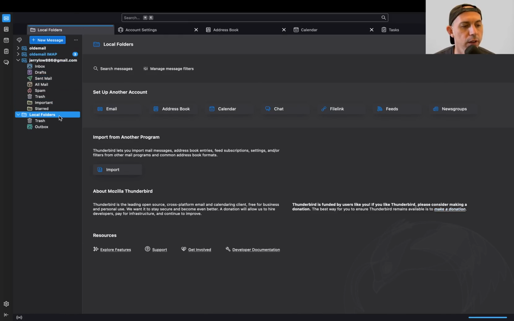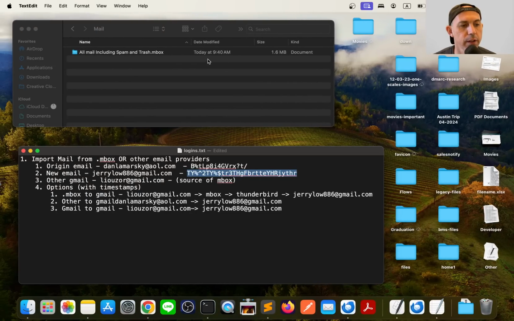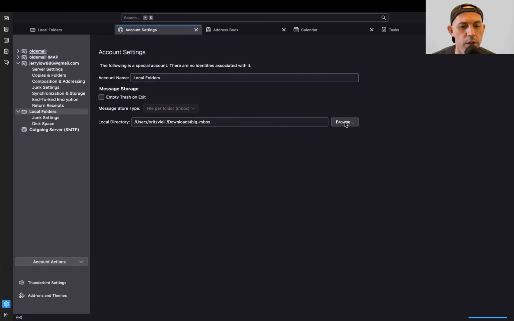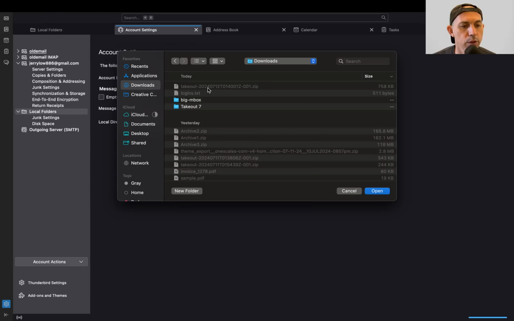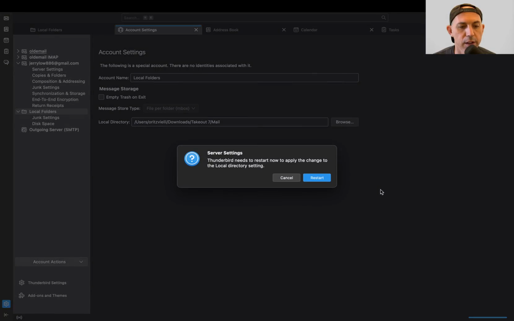I'm going to click here on local folders. I'm going to right click right here, and I'm going to click on settings. Okay, and if you see here, it says message store type Mbox, and I'm going to actually select the folder of this Mbox that I just backed up from Takeout. I'm going to click here. It's called Takeout 7 in the downloads folder. I'm going to go right here, downloads, Takeout 7, mail, and I'm going to click on open,